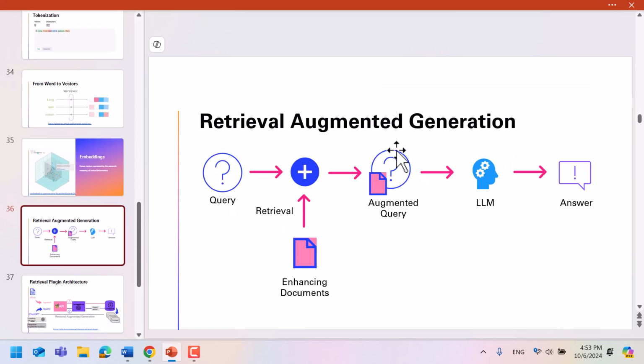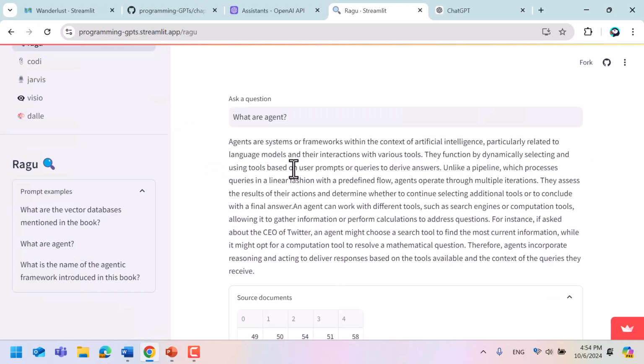Retrieval augmented generation is the notion of taking a query, performing a retrieval on a database, a dataset of documents, enhancing this question with the retrieved documents in order to finally formulate the question to the LLM and then getting the answer. So this is a concept that is being implemented inside of this agent, and for this it's using the notion of vector search.